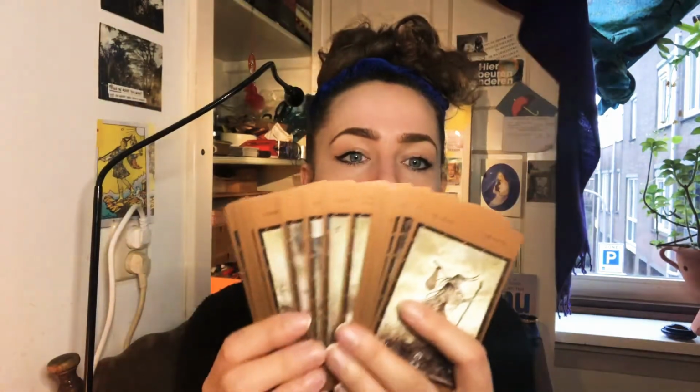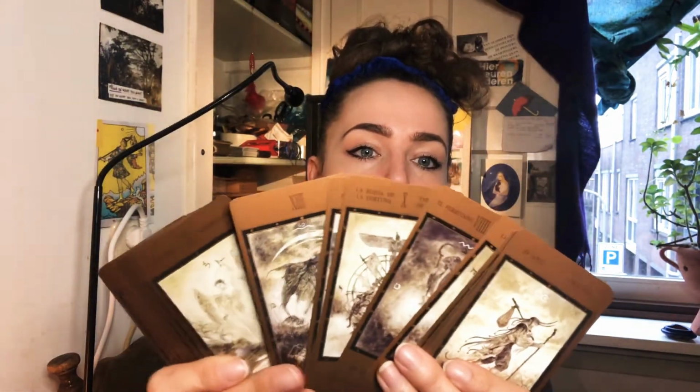So number one, why did I have this deck on my wish list? First of all, I didn't have it a long time on my wish list. There are decks on my wish list that I actually prefer to buy, but this just, yeah, it was spontaneous. I saw it firstly on somebody's YouTube, and the major arcana, I must say, and these are the cards, and they just really intrigued me